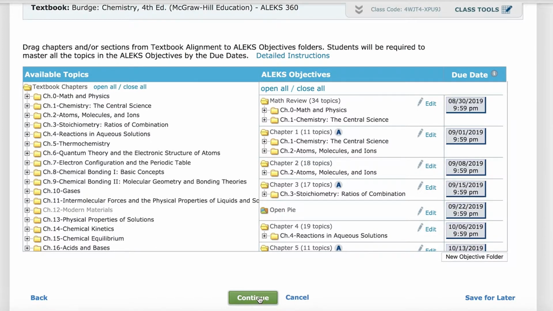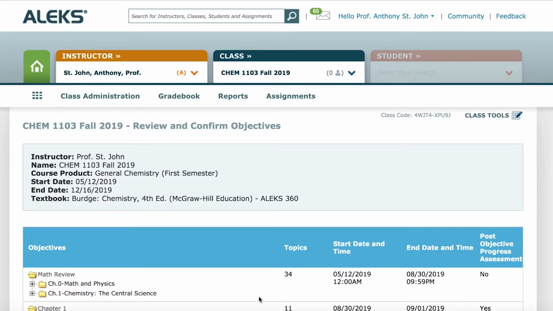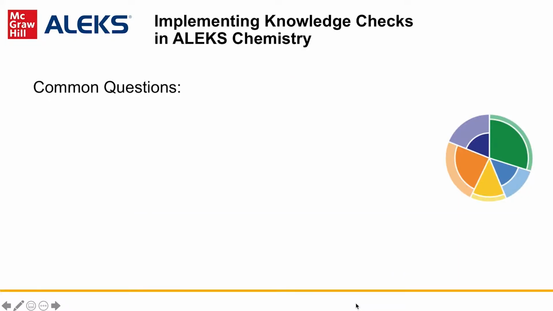This will place a knowledge check after that objective in which the students will be tested on the topics that they have most recently learned to see if they've retained that knowledge. These assessments will take approximately 30 to 45 minutes and allow for students to master a topic. If a student misses a topic during the knowledge check, it will remove the topic from their PI. It is important to note that while it removes the topic from the PI, it will not affect the grade for that previous objective.